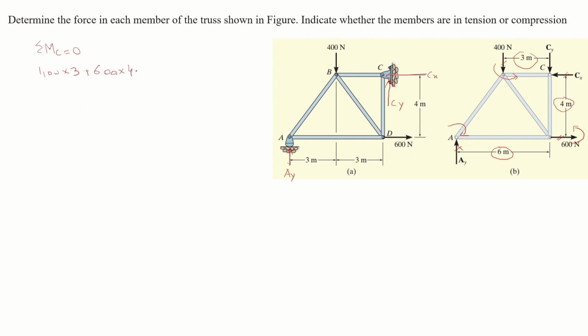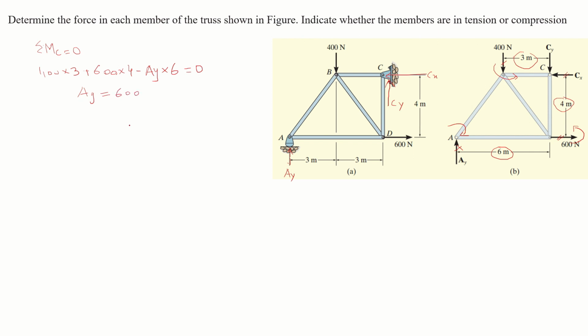So it will be with the negative sign, Ay multiplied by 6 is equal to 0, and from this equation there is only one unknown, which is Ay, and it is equal to